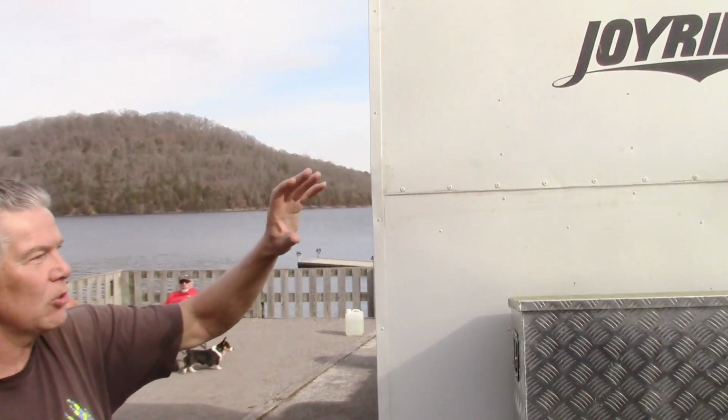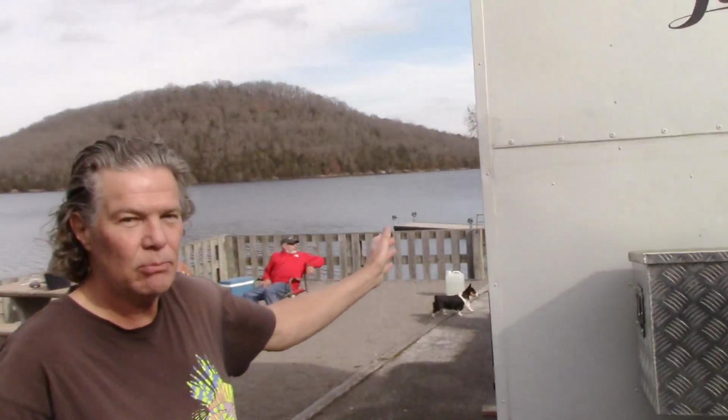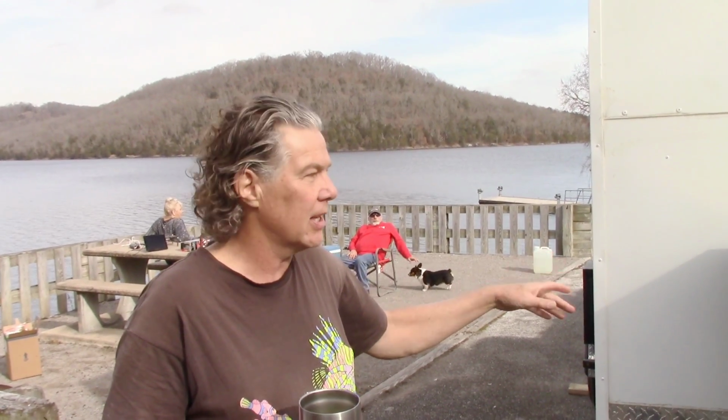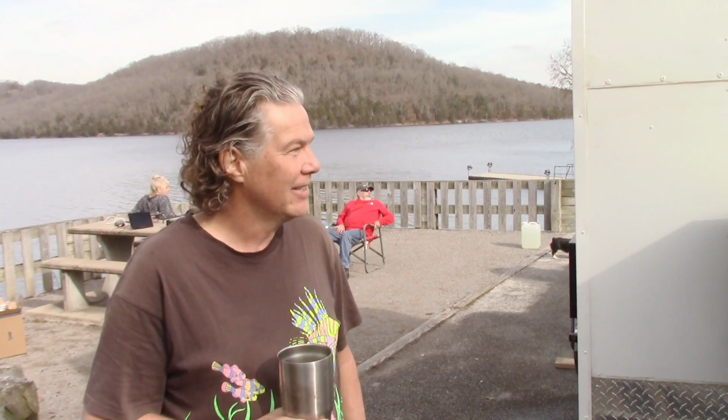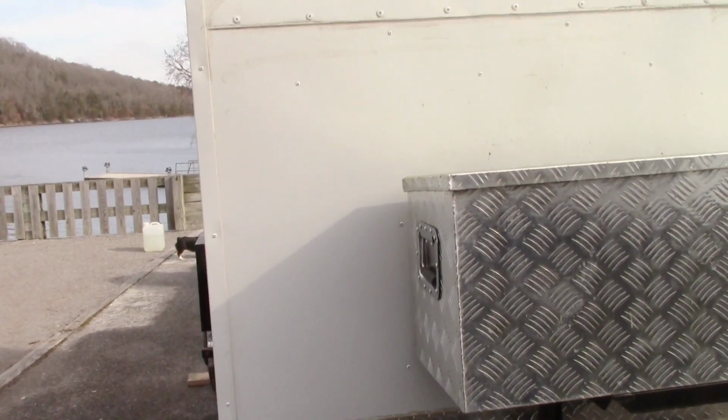You could have a nice big queen bed here, and then you have more room. I don't have a bathroom, and there's no running water, so it'd be real easy to pick up a little bathroom, and you could. You bet, absolutely. And you'd still only be 8 feet. You'd still have plenty of room to haul stuff. The possibilities are absolutely endless with a project like this. Absolutely. Well, let's go around, and I'm going to get a close-up shot of that,